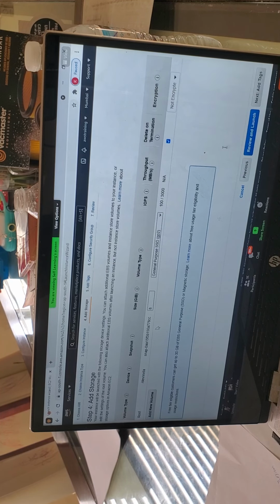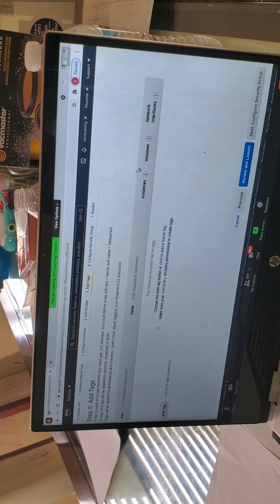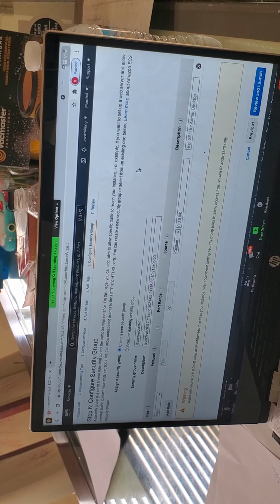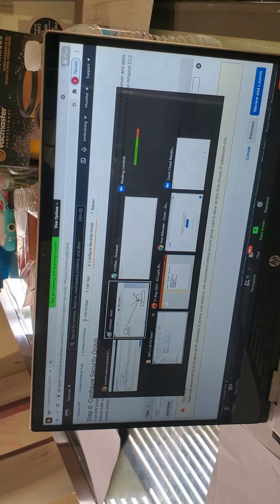Security group. Security group is all about dealing with ports. Very good. I want to provide a name to the security group. This is important. Please focus here. Last session, we never gave a name to the security group. This is the first time I'm providing a name to the security group.